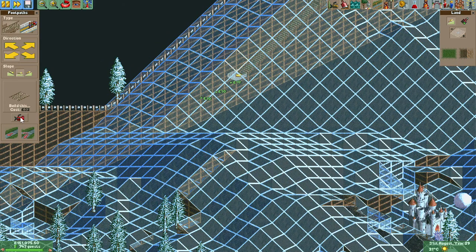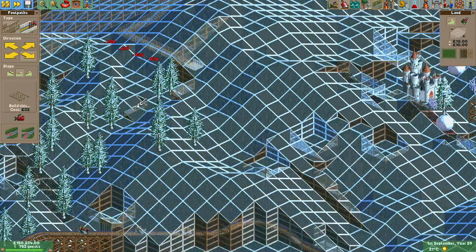Although we still need to go down a little bit further. So can we get down like that? No, it still needs to just be an enormous hill. So there we go. So apart from through the mountain. This is not a very realistic Alpine